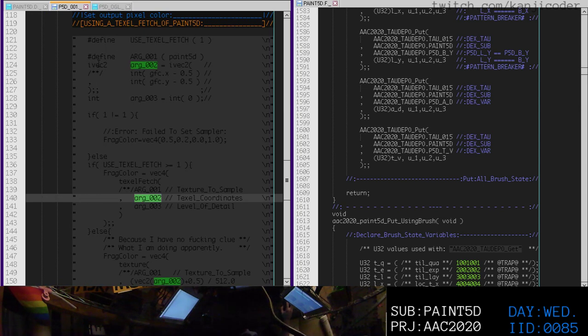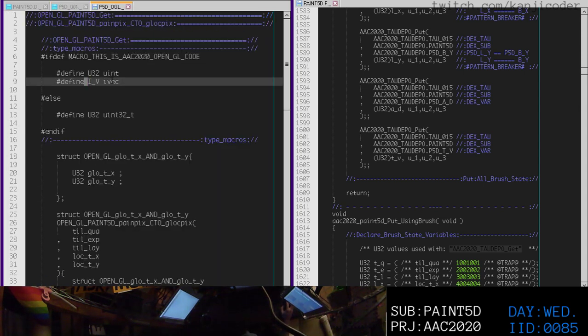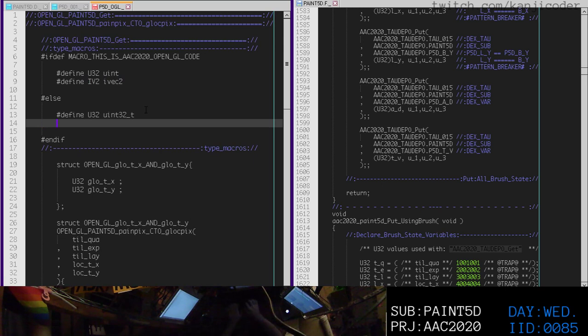Yeah, ivec, or it's called ivec2. So we'll do iv2. And if we're not in GLSL code, we'll define iv2 as struct, it's gonna be